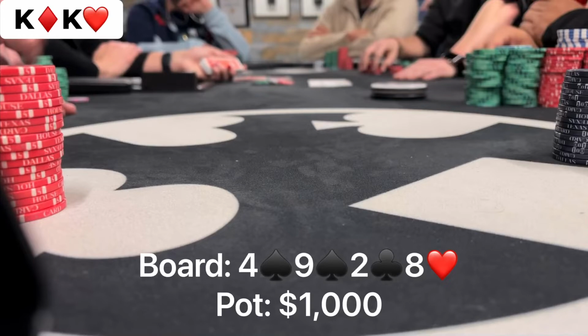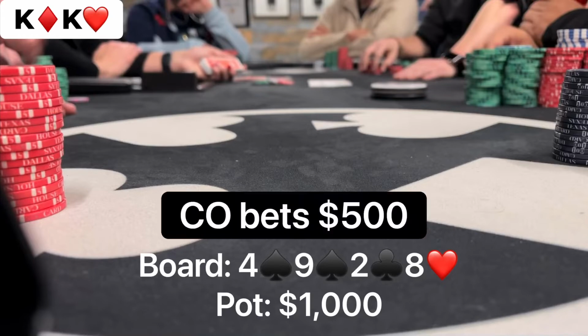It checks all the way to the cutoff, who puts out a bet. He makes it $500, and this guy had been playing pretty solid all night. I don't really like this spot. I think he could have turned a set, maybe 2 pair, but it is possible he could be semi-bluffing here with maybe Jack 10 for a straight draw. Maybe he's just betting a hand like Ace 8 or 7-8 for protection, given the fact that everybody checked to him twice. Facing a $500 half pot size bet, I definitely cannot fold my hand the way I played it,